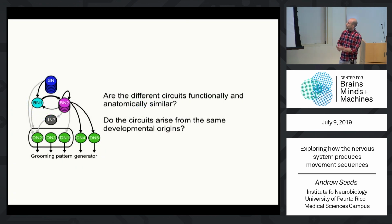And so what we've been doing in the lab is to address this question directly, whether or not the circuits are functionally and organizationally similar. And also, this has stimulated a new direction in our lab to focus on the development of these circuits and address whether or not these circuits have the same developmental origins. So I'm going to give you a few slides that get into this, but I'll give away the